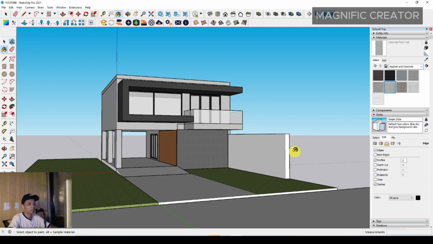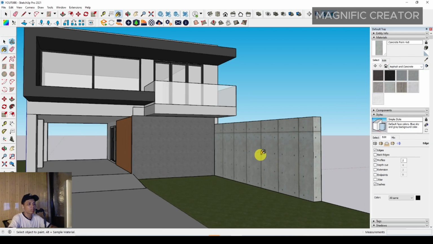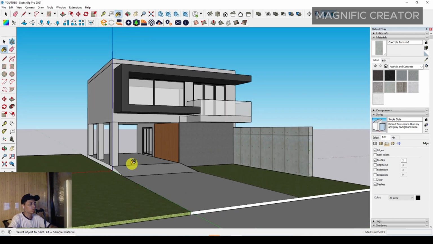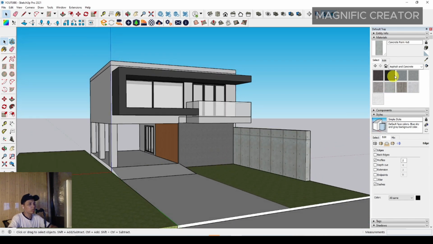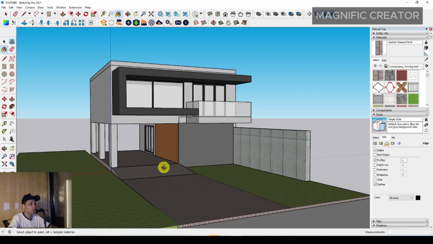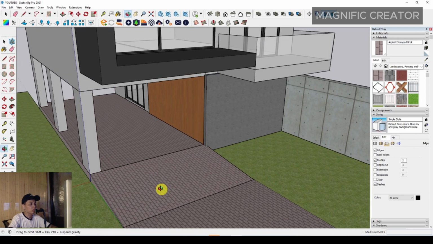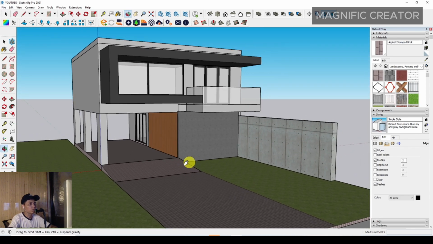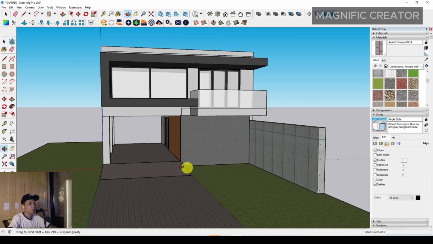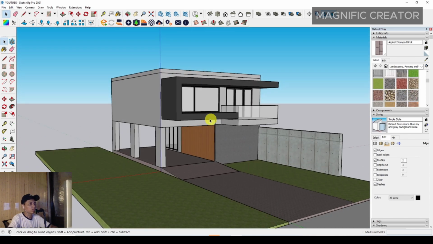Maybe we can use the concrete in this area, and also we can assign the landscaping material on a carport, and you can see that, okay, and then we can make